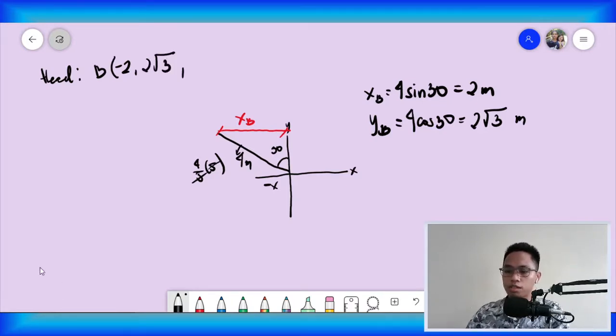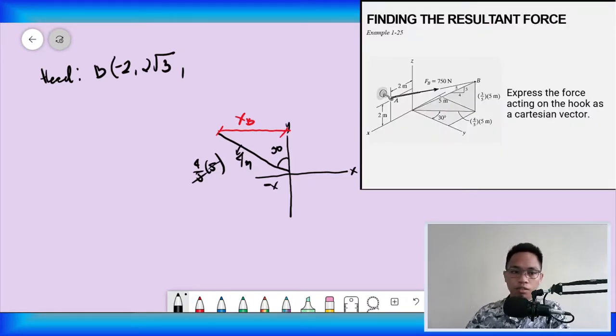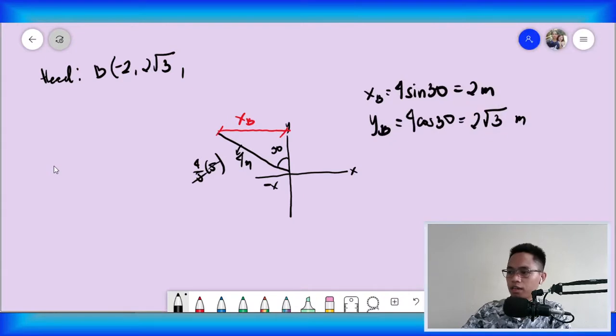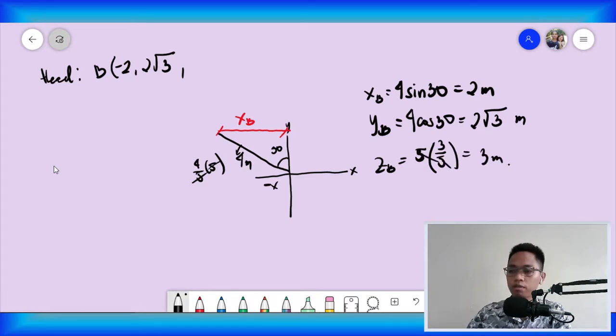And how about our z? Based on the figure, our z is already given, that's 3 over 5 times 5. So obviously the 5 cancels, and zB is equal to 3 times 3 over 5 times 3 over 5. So it cancels, and this would be 3 meters. Since it is upward based on the figure, this would be positive 3, and the unit is in meters. So that is our